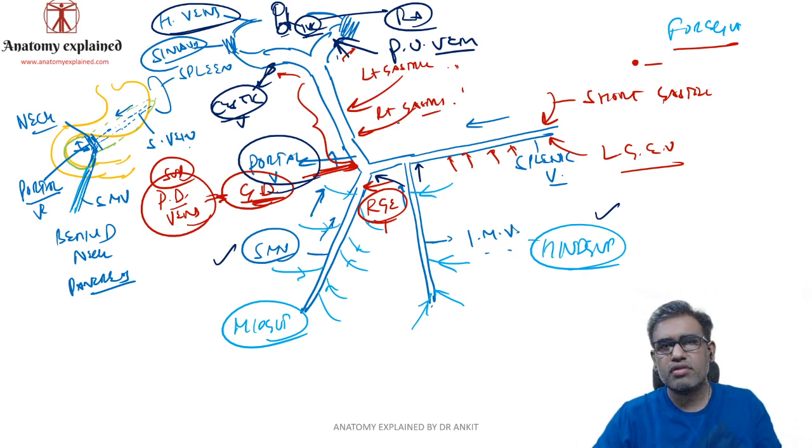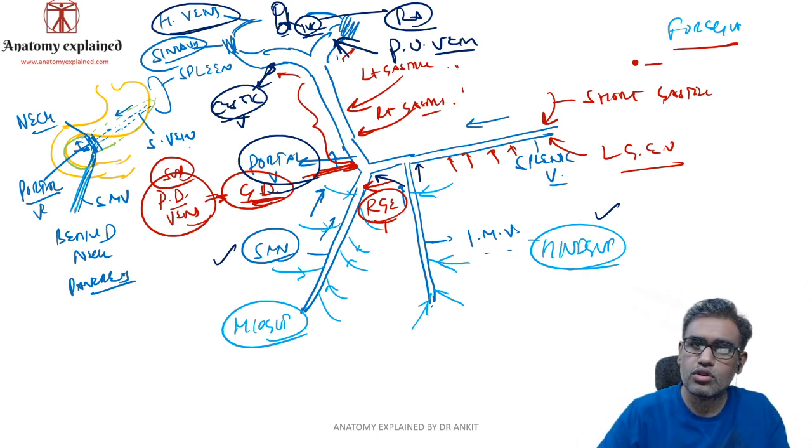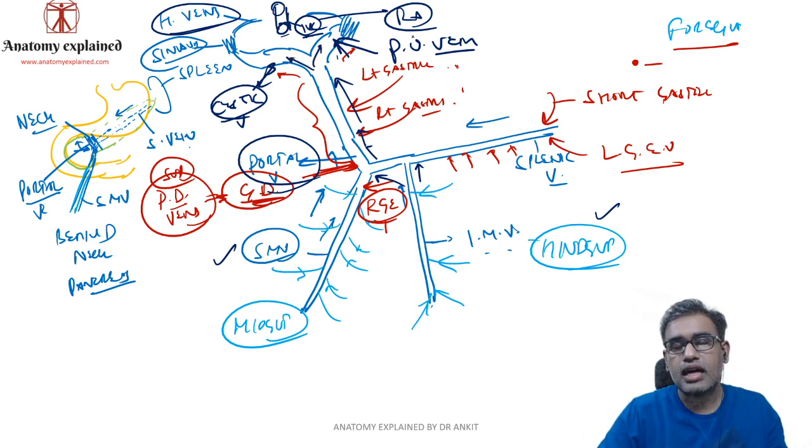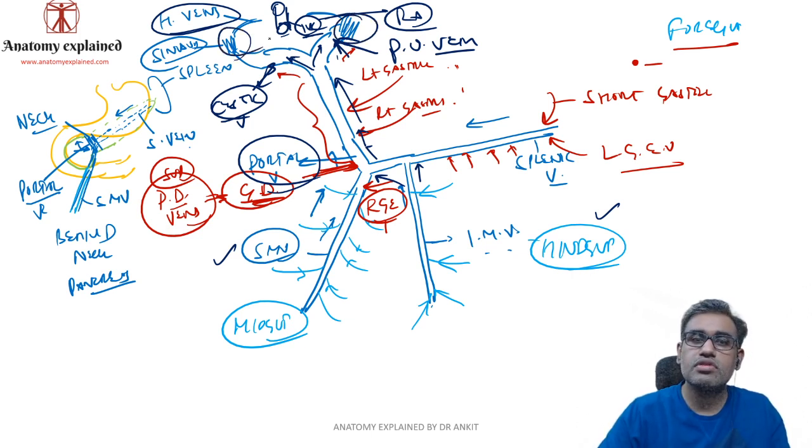It is not a very long vein, around 6 to 8 centimeter length, total length of the portal vein. It goes behind the pancreas, it goes behind the first part of duodenum, it runs in the right free margin of the lesser omentum, near the porta hepatis, divides into right and left branches because they are going to supply the physiological right and left lobes of the liver. Finally, sinusoids, which are the dilated capillaries. Finally, blood enters into the hepatic vein, and these are all the relevant veins.